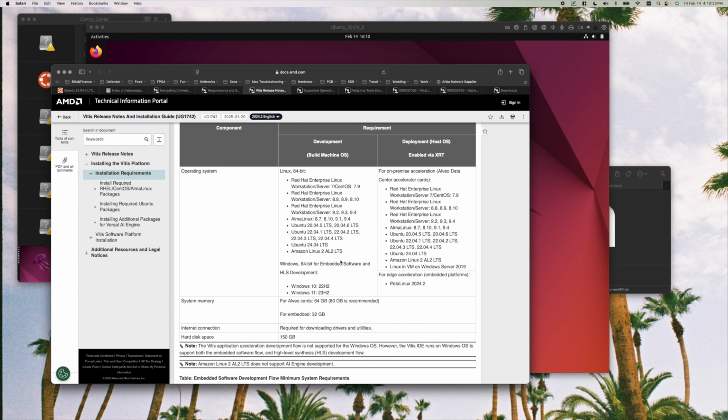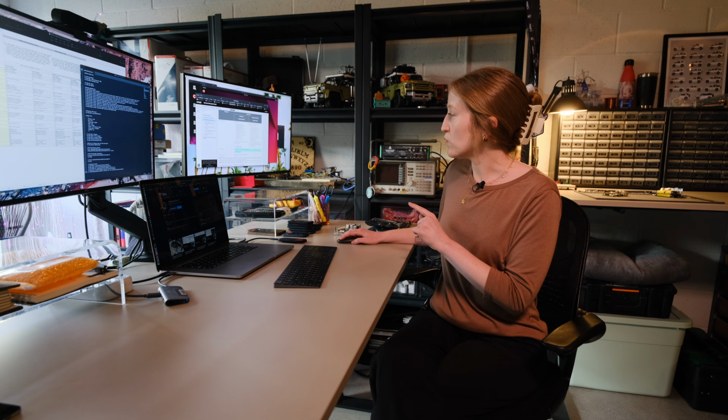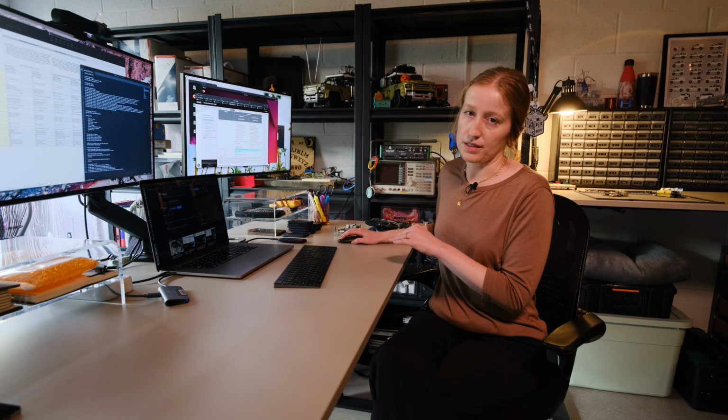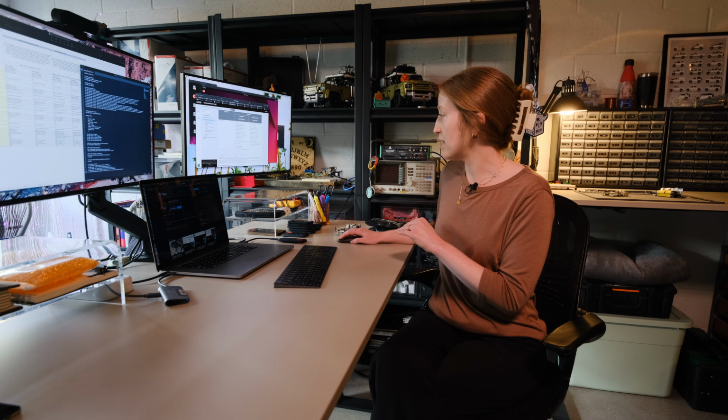So there's also the Vitis release notes and installation guide, which is UG1742. That also lists the supported versions. Oh, that's interesting. Linux and VM. There is something that says they support VM. That's new. Anyway, I mentioned this because this is where you can find the recommended system memory levels, which,